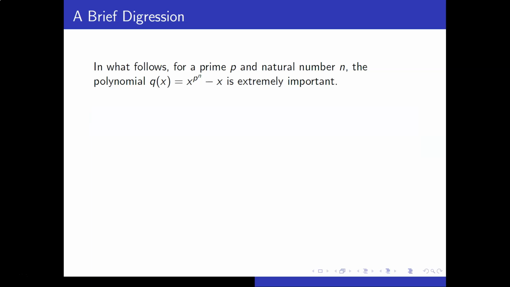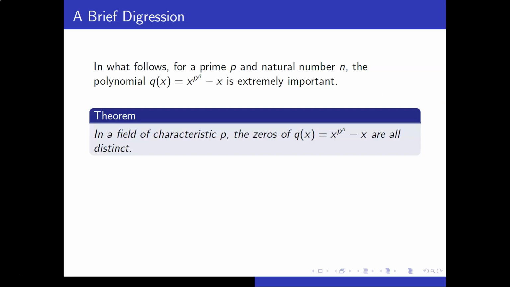Okay, so one more little bit of our digression. The following polynomial is going to be really important in a lot of ways. We're looking at a polynomial q of x, which is going to be x to the p to the n minus x. Here, p is a prime and n is a natural number. If I'm working in a field of characteristic p, if I look at the zeros of that polynomial,